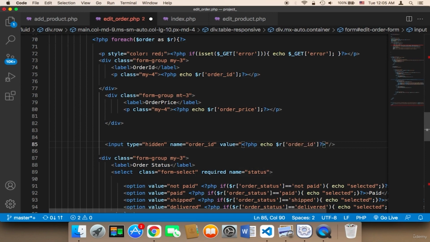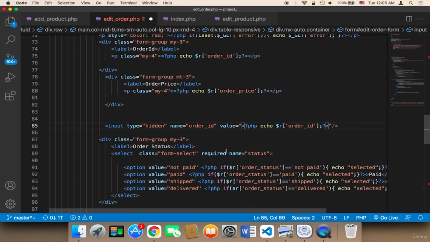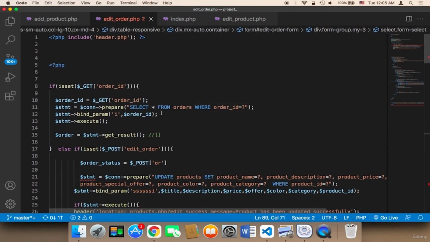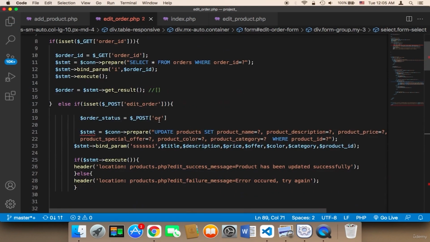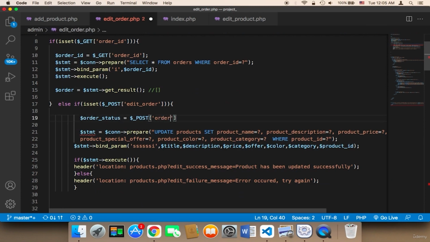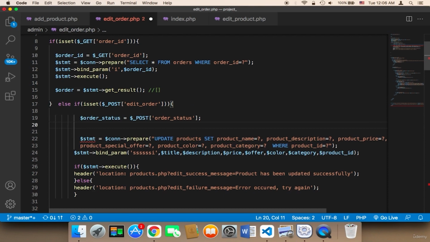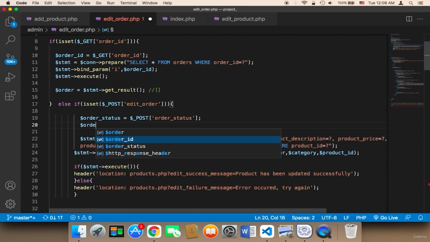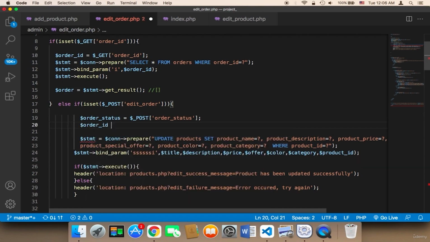And in order not to confuse you, I'm going to say here the name is order status instead of status, just order status. So at the top now, what we need to do is that we need to say order underscore status, and then order ID, order underscore ID, and then post is equal to post order ID,